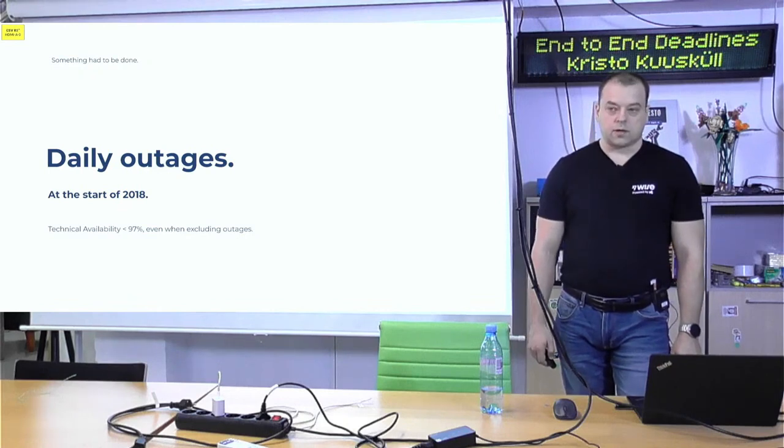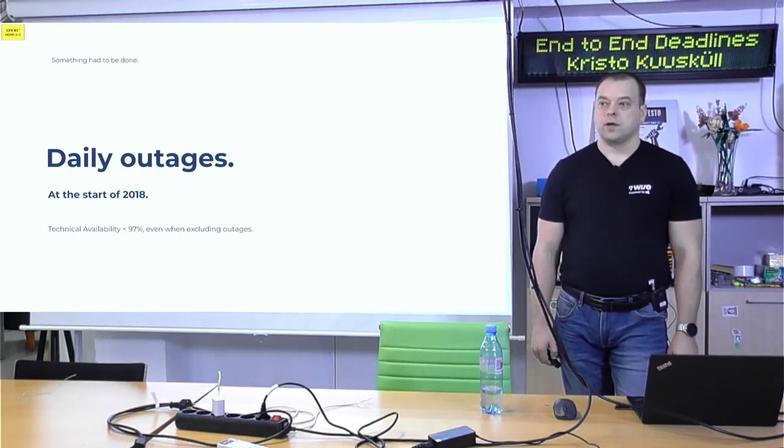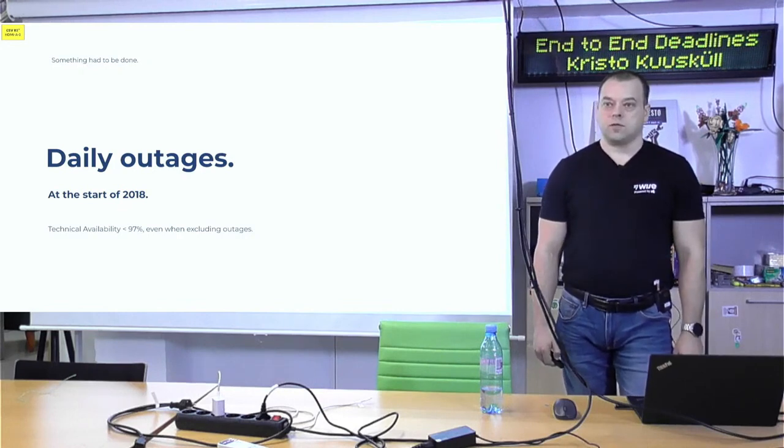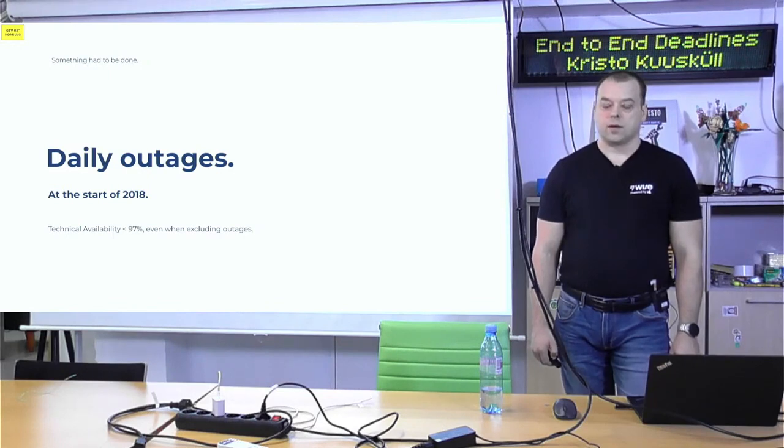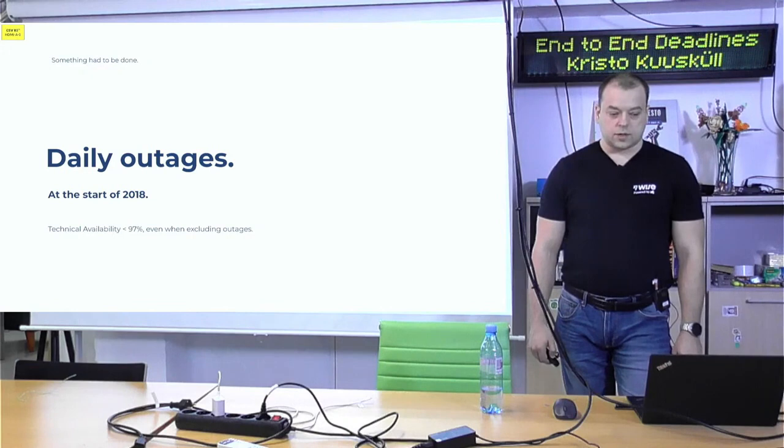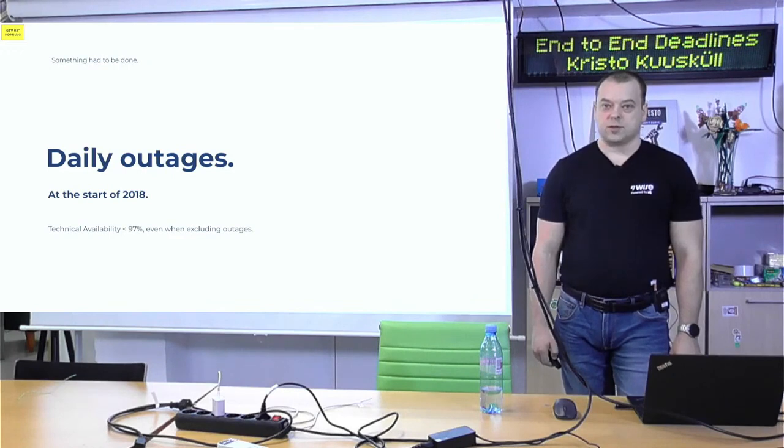And at the start of 2018, Wise started to have a lot of outages, and also the availability of our systems was going down. And this was a time when we got really huge traction and growth on volumes, but also a time when we started to build more and more microservices, moving out from our monolith. And something essentially had to be changed. We saw that if we continued with that, we would get more and more outages, and customers would move away.